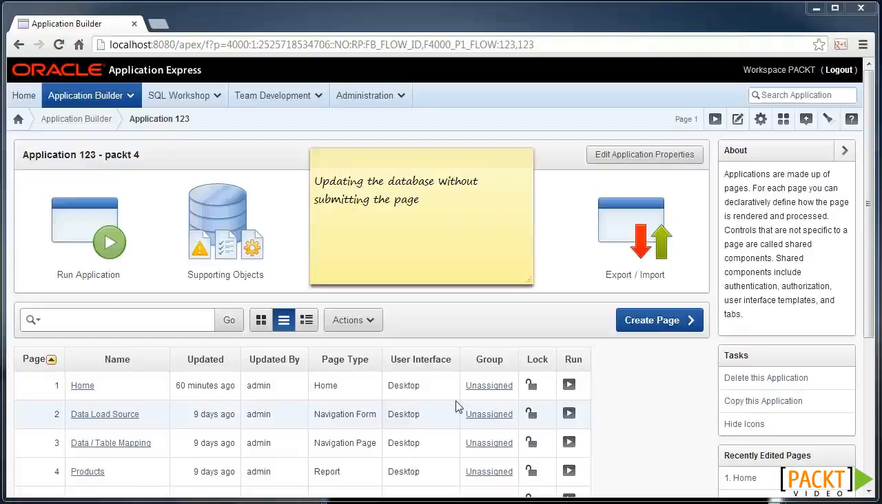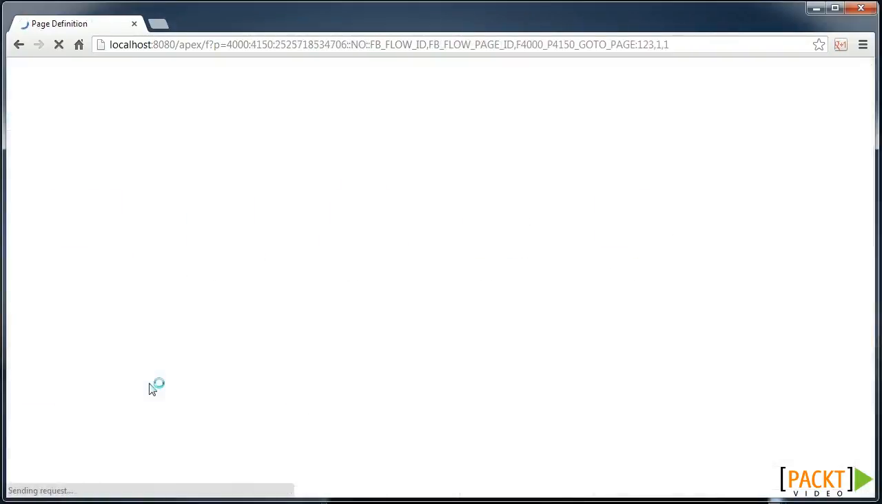Updating the database without submitting a page. Using a similar technique as in the previous video, you will find out how to update your data without submitting the page, thereby saving on network traffic and improving the user experience as they are less likely to lose their data. So we'll extend the product details on the home page